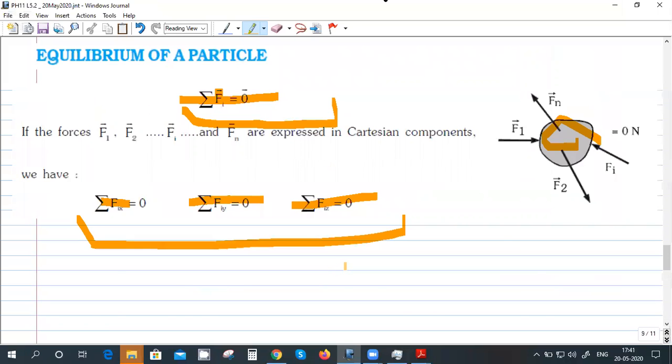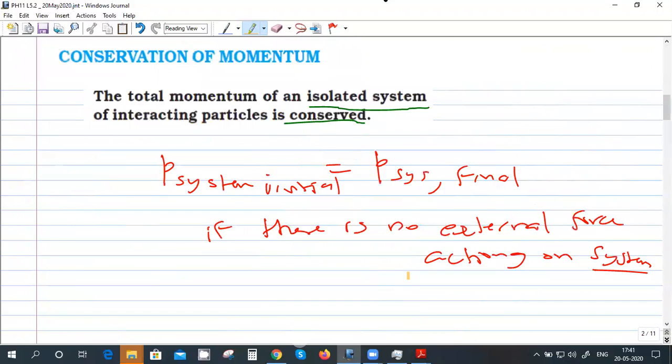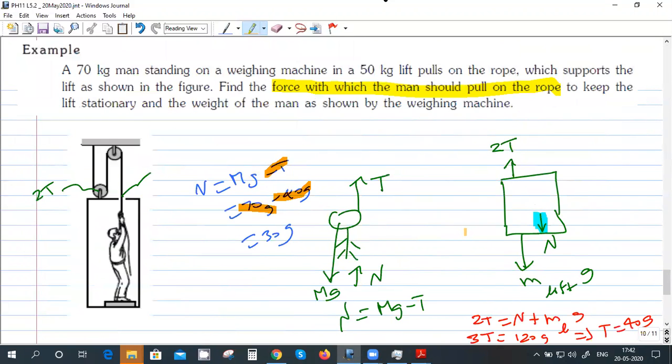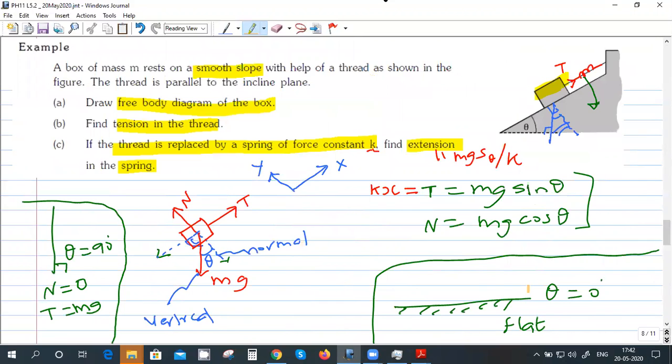Any questions? No, sir. It's not difficult. These are easy ones. That's why in the final exam, you will not get questions like this. You will get questions combining some part of this chapter and some other chapter. Right now things are going easy, but you have to get the basic concepts right. If you make a mistake in the simple ones, then it will screw up the whole thing. So understand everything. When you're solving problems like this, think of the extreme cases, theta equal to 0 and theta equal to 90, and try to get the feel of the problem.